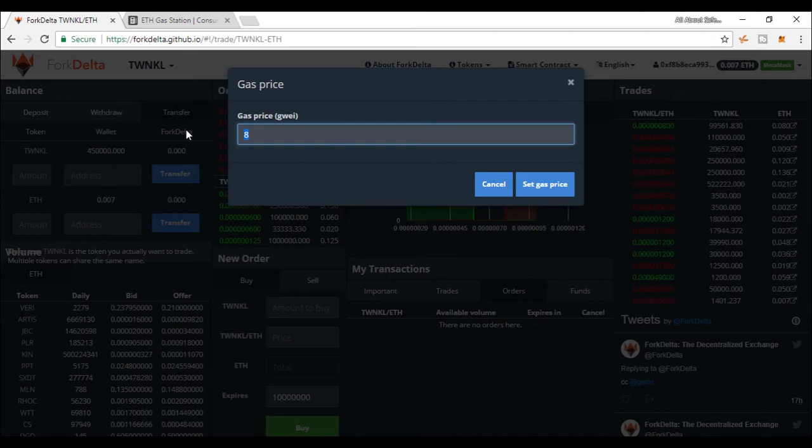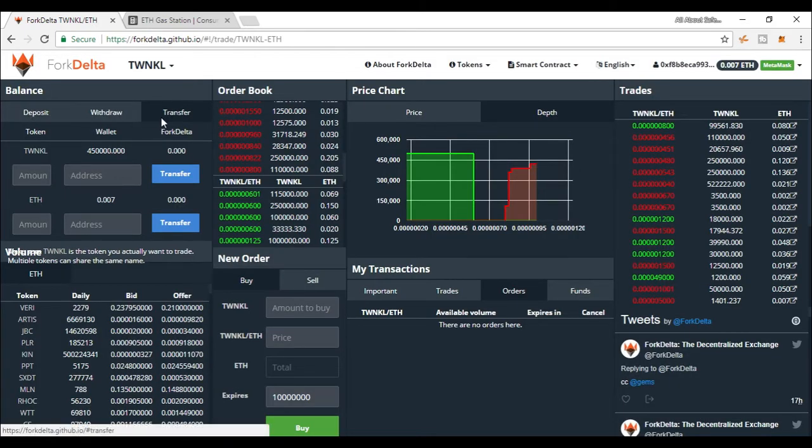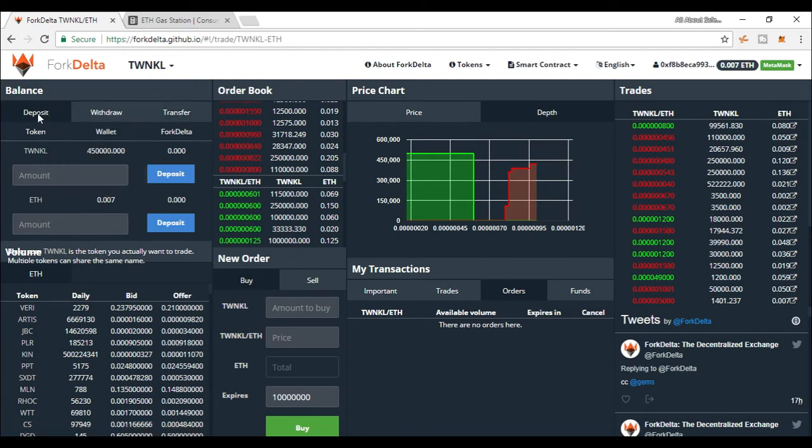Now, let us do the deposits, sell, buy, withdraw in real time. So I have logged into the seller's account where I have Twinkles which I have purchased from another exchange. I would need to move them to the smart contract to place the sell order.